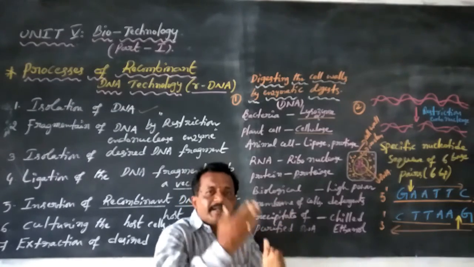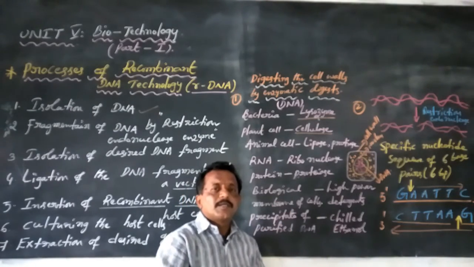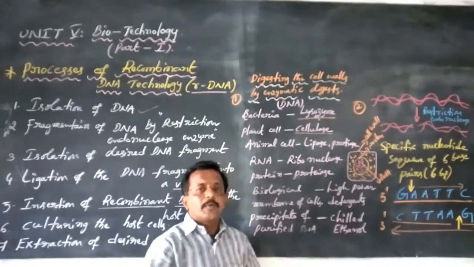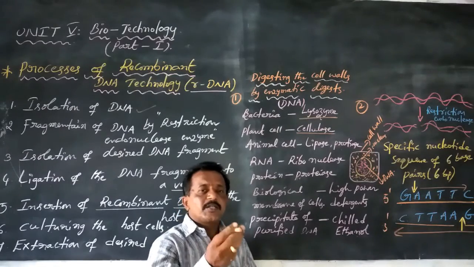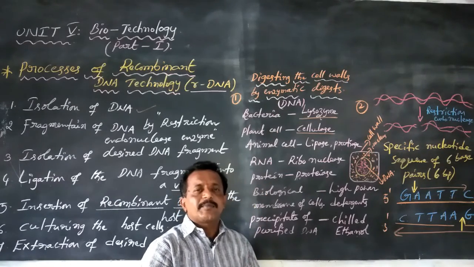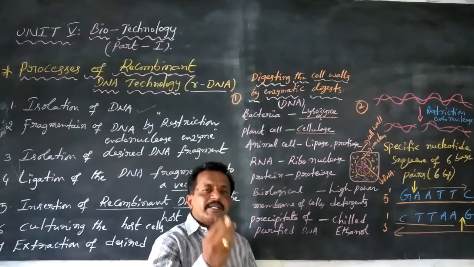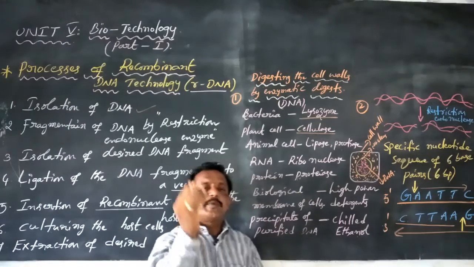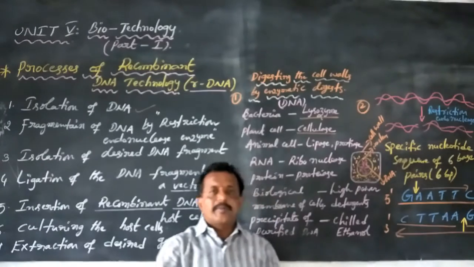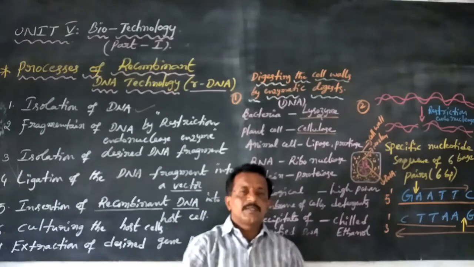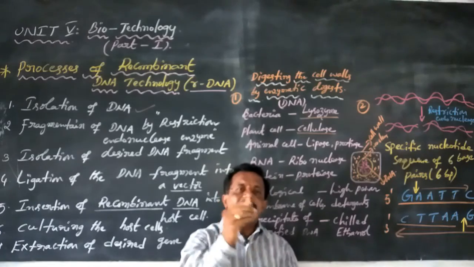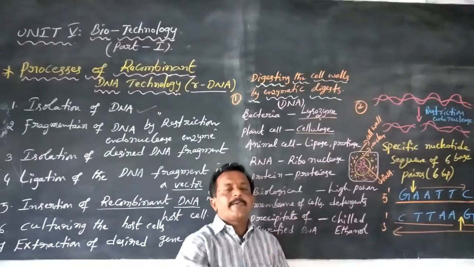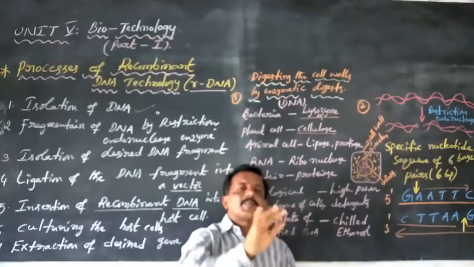Now this separated DNA molecule is used in the recombinant DNA technology process. Nowadays insulin hormone is produced this way. The insulin gene is taken from animal cell DNA and inserted into the plasmid of Escherichia coli, so that the Escherichia coli plasmid can make insulin hormone, since the animal cell DNA contains insulin genes.